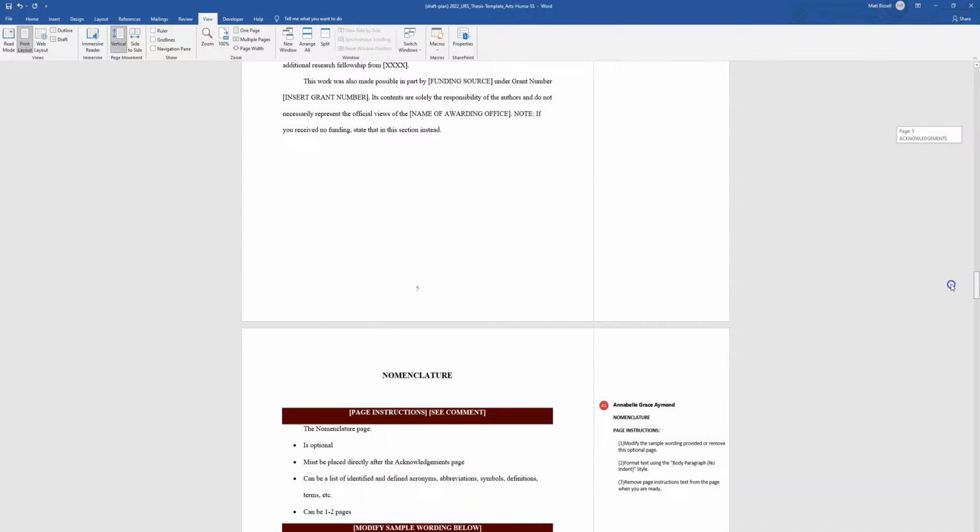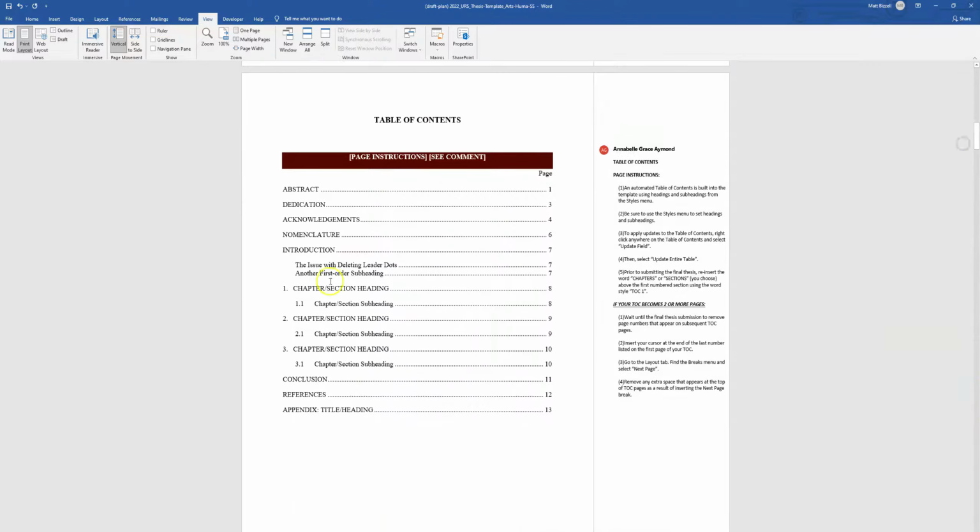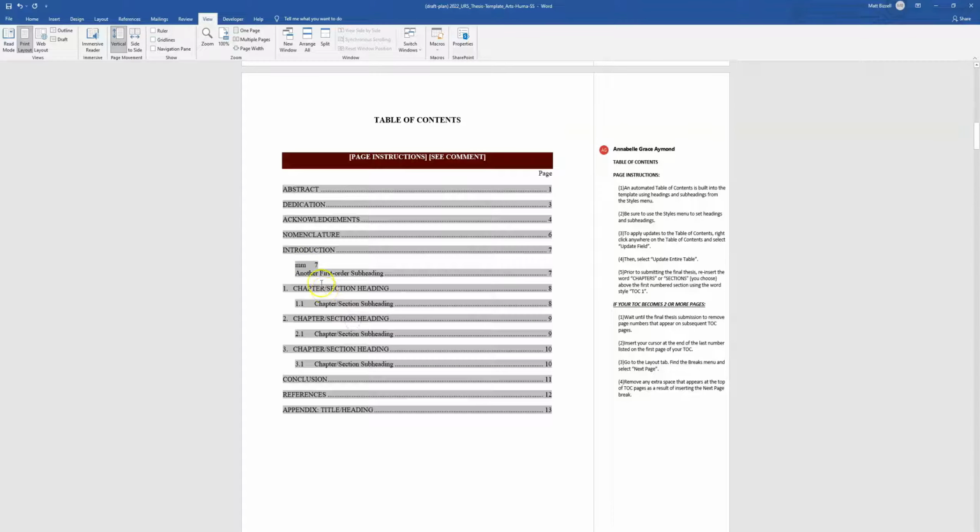But if you create a subheading that is under 5 characters, so for some reason if I just did that, and then I updated the field, leader dots disappear. Okay, so this is just a limitation of the template. The only thing you can do to avoid this, because we can't actually fix it, is to make your subheadings